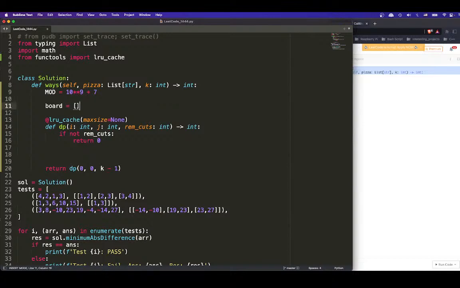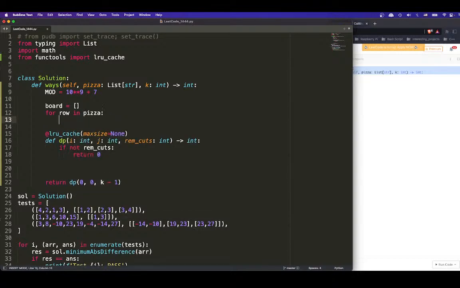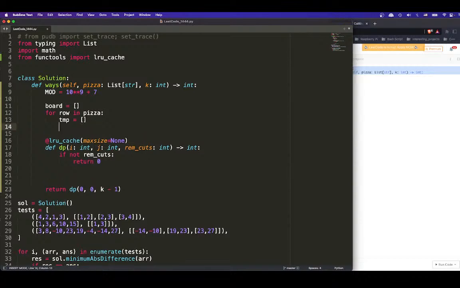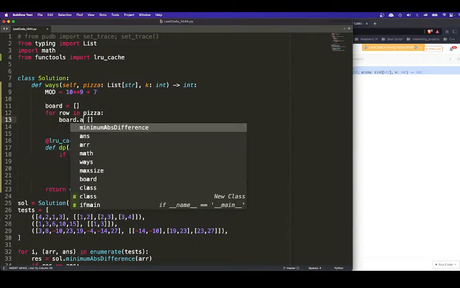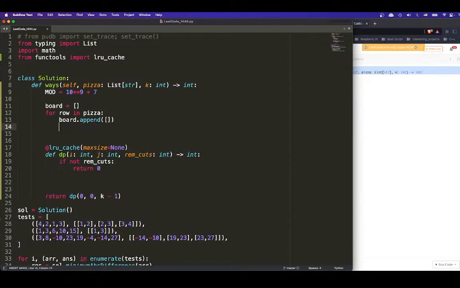Okay, for row in pizza, right? Temp equals this, and then oh no, temp board dot append this. Okay, we append this, and then what? So board append this, and then